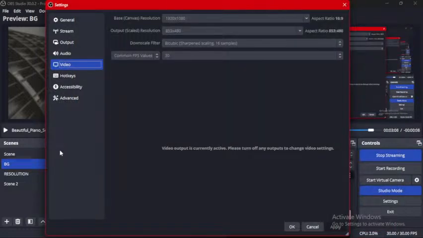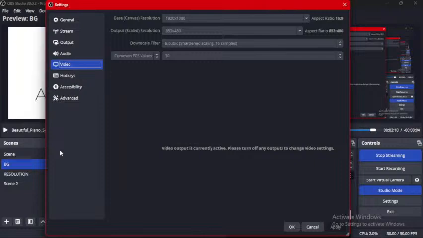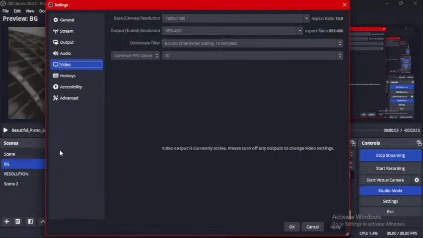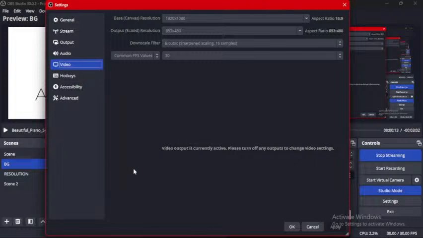So this is just the two things I've been talking about since morning: your base camera resolution and your output resolution. It's very, very important. They're not just settings that are there for you to look past. You need to pay attention and know how it works.